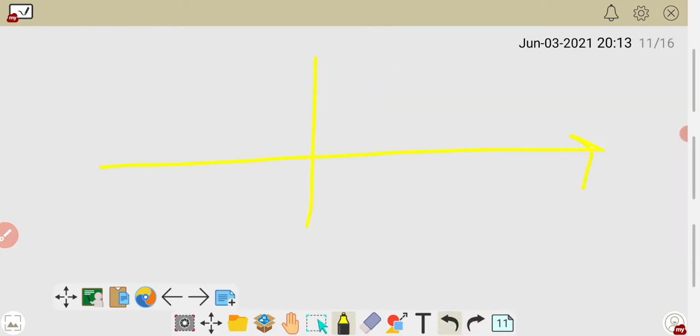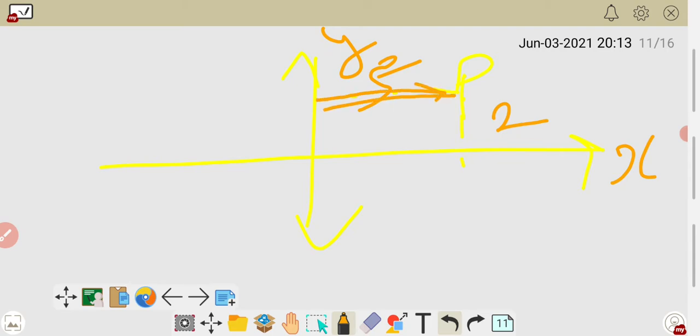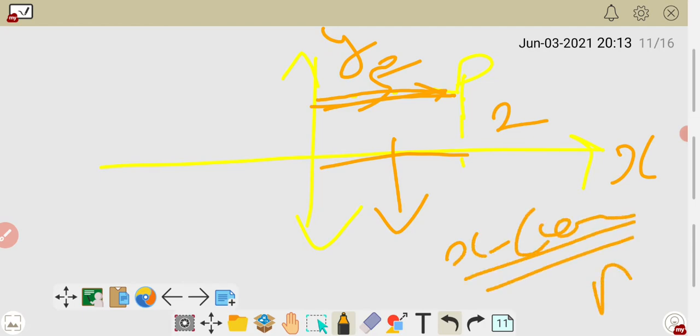Now just see here, you have point P. Just measure the gap like that. Suppose it is 5 and it is 2, for example. Just write here y and x. If you measure from the y axis, what is the distance? The distance is 5. So this is known as the x coordinate, or you can say abscissa also.